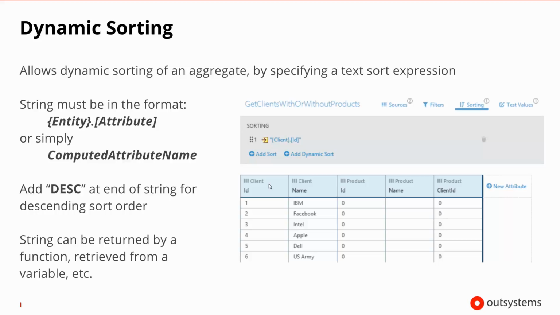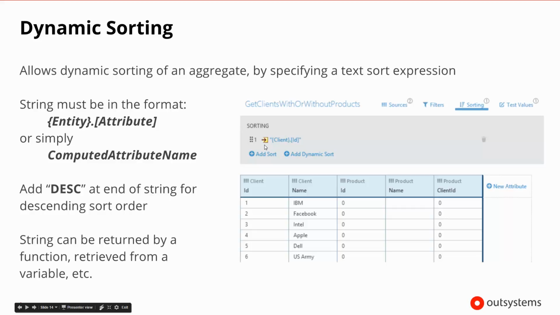Now, the sort that we just saw a second ago was a regular sort, and it would be on one of the attributes that's available from the set of entities that we're working with as sources. But we may want to be able to do dynamic sorting, and dynamic sorting would be done with some sort of information that was passed in as a variable. So here you can see an input variable,